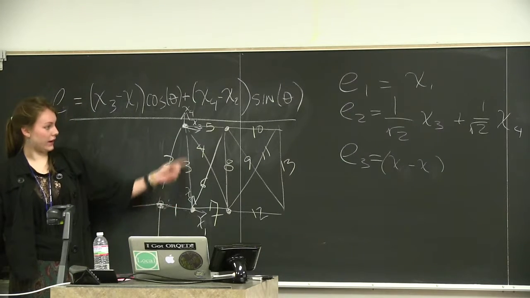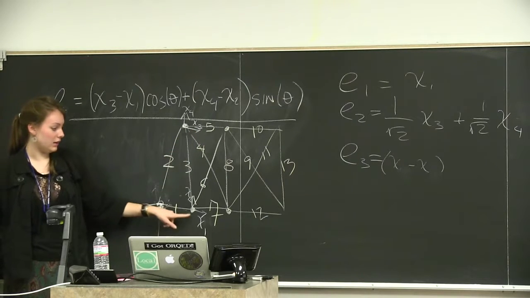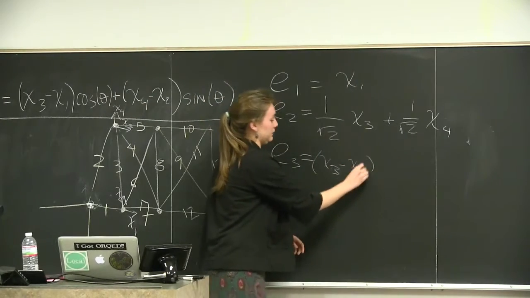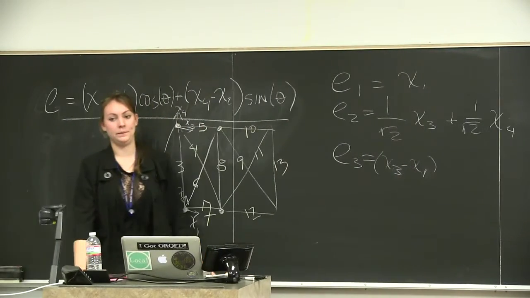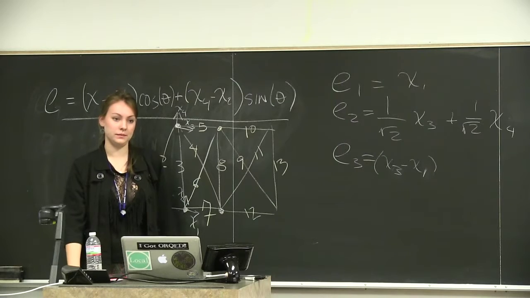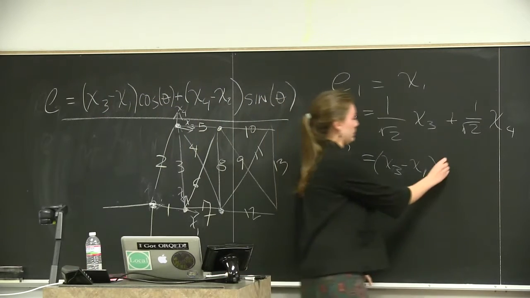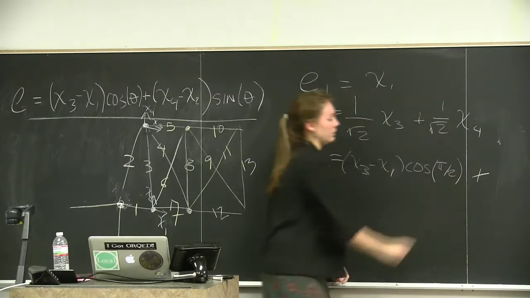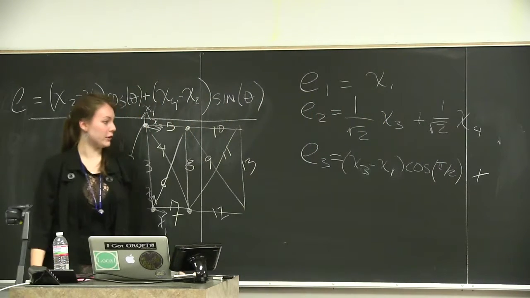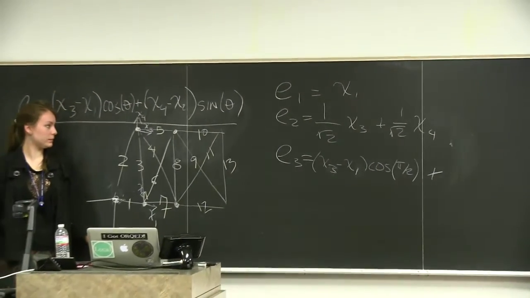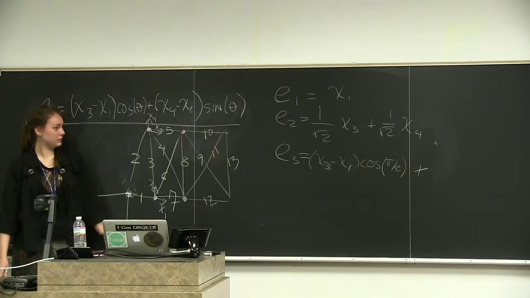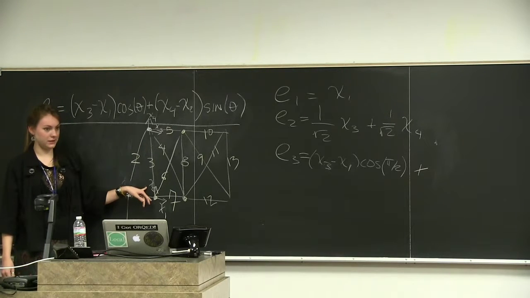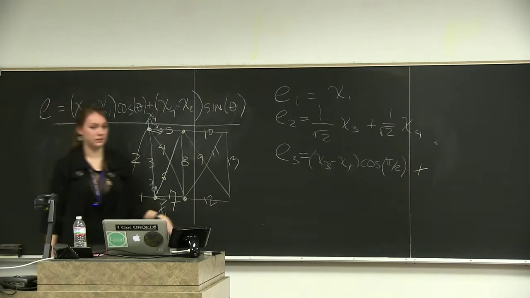Okay, so we're looking at this guy. Horizontal at the tail is X3. Horizontal at the head is X1. Okay, times what? Which is? What about vertical? X4 minus X2, okay, times